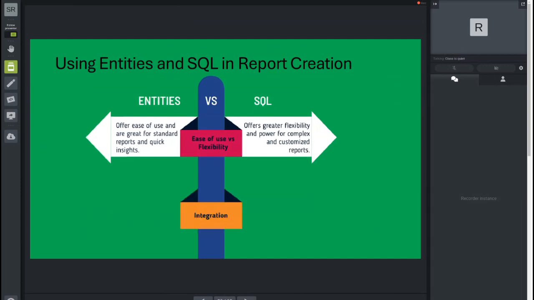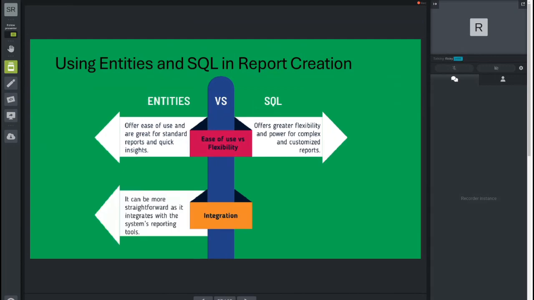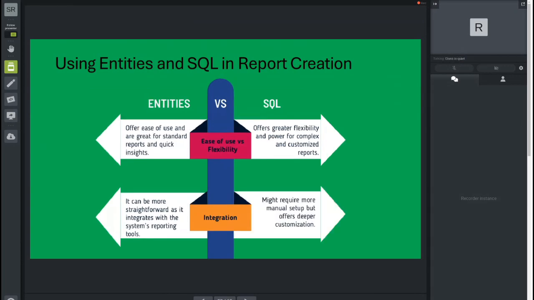Another important difference is integration. How does it integrate with Hornbill? In Hornbill, using entities in reports can be more straightforward as it integrates with the system's reporting tools. Entities are perfect for those who prefer simplified, predefined data structures and don't require extensive SQL knowledge. While SQL might require more manual setup and offers deeper